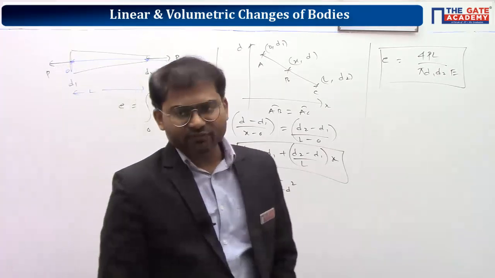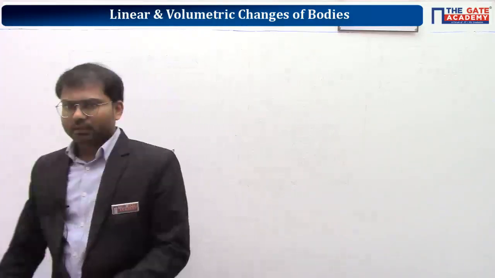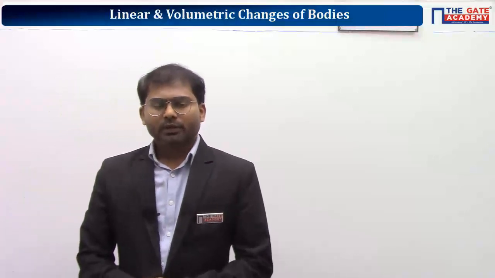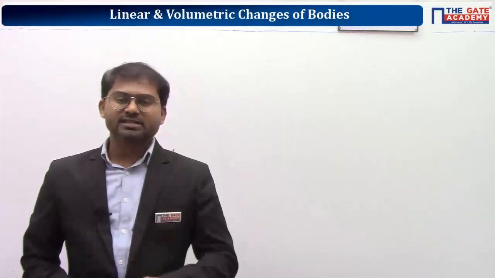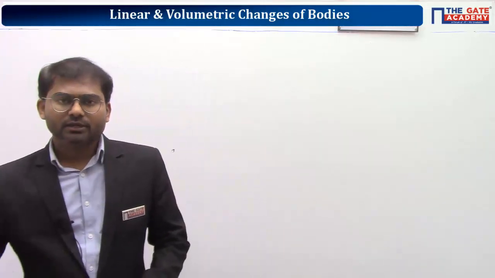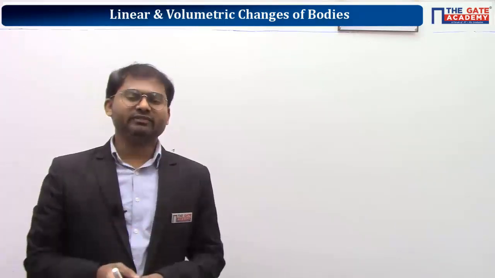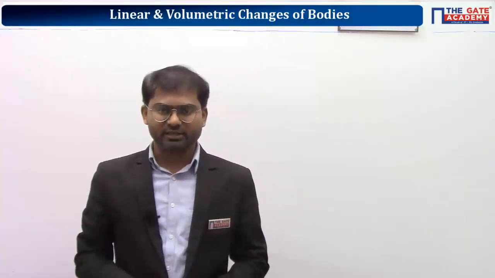And you copy it fast. After this, we'll go with the next concept: extension of the rod under its own weight. Listen carefully. We should understand the derivation here. In this case, we have to consider the body weight. They're expecting us to consider the body weight here. The member is hanging from the vertical surface, so we should consider the weight of the body to find the elongation. And here, elongation is occurring only due to the body weight itself.